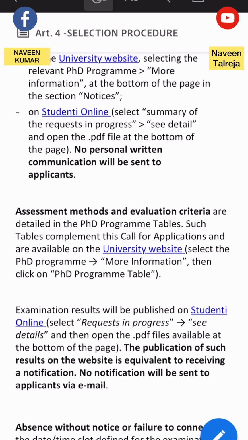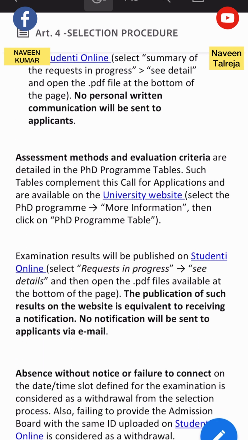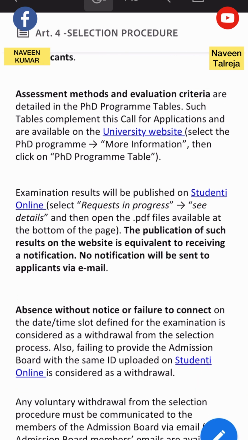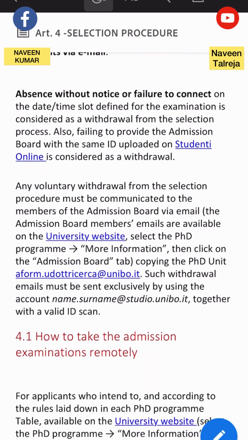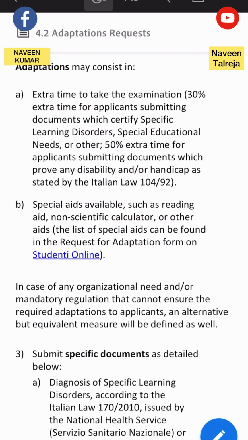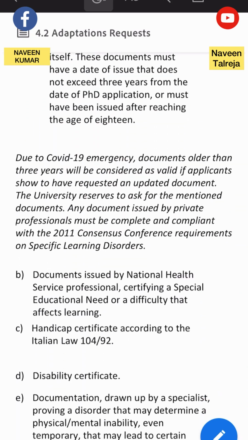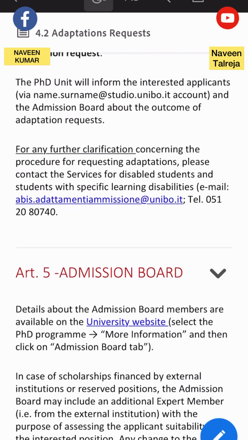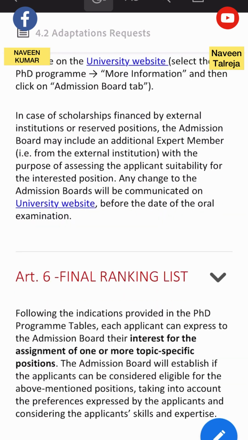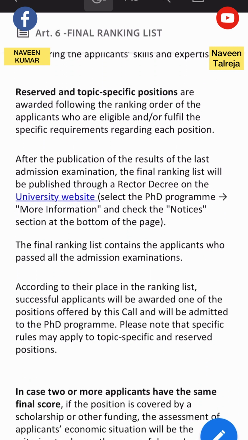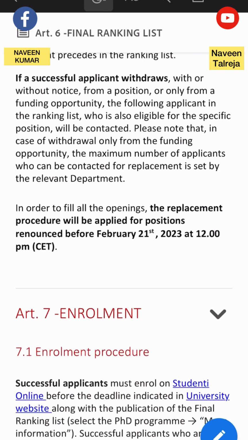They are mentioning that on the CV your background, your experience, everything they will see and assess you. Then they will tell you the result on their portal. So everything is given in this call. I highly recommend you read this properly again and again before you apply. Once you know all the requirements, then you are ready to go and apply, and you will have higher chances to be selected in such universities.